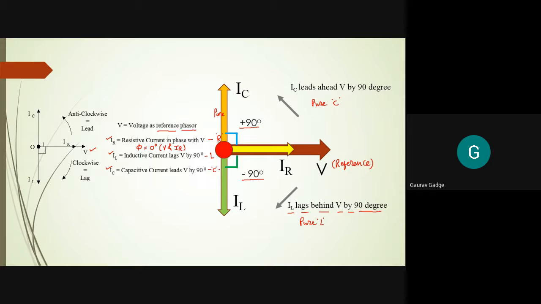Okay. Now, do you have any question on this particular point? This is just a combined phasor diagram which I have plotted so that every student can understand the concept: the current is in phase with voltage for resistive load, current lags voltage for pure inductive load, current leads voltage for capacitive load. So for pure resistive, inductive and capacitive, we have plotted this particular diagram. This is called the complete phasor diagram.